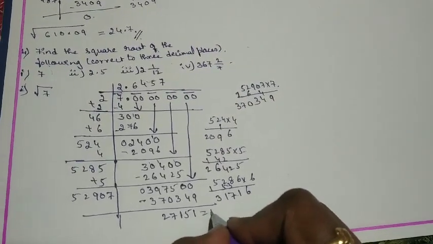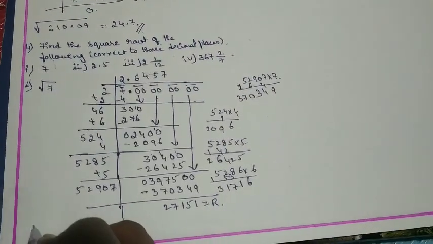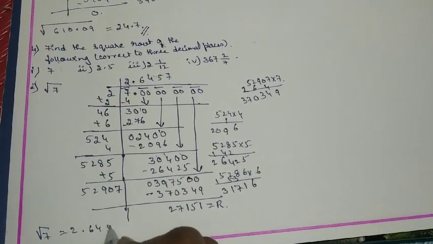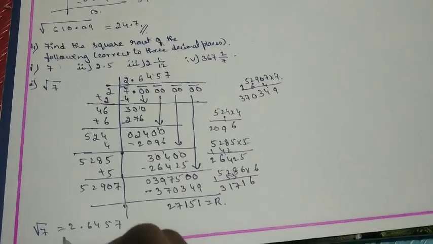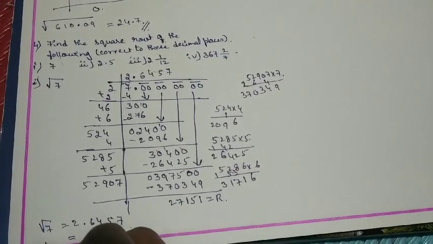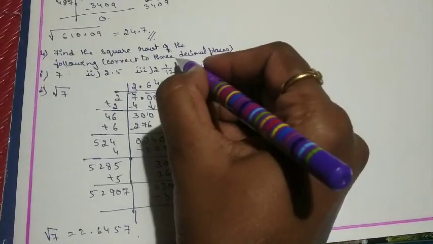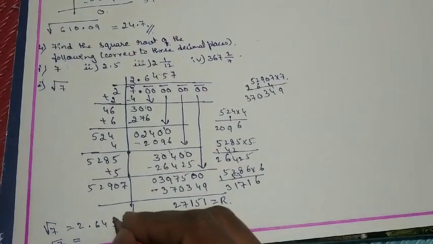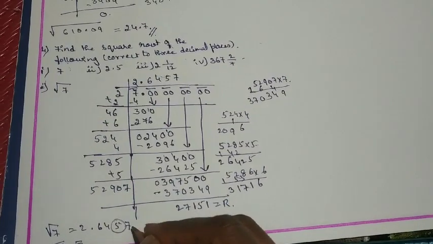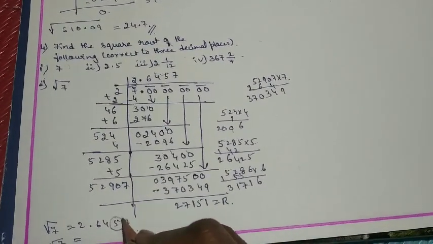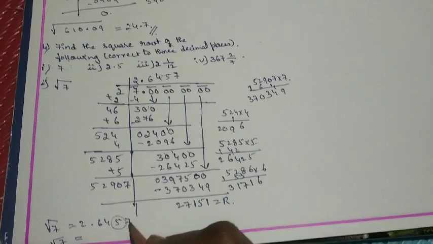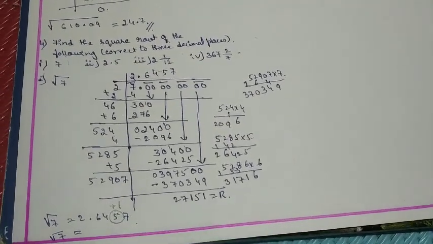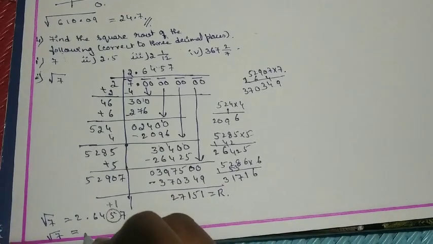Which is nothing but the remainder. And the square root of 7 is nothing but 2.6457. Clear? But here we are rounding off the number to the nearest third decimal place, as asked in the question. Rounding off to the third decimal place means we need to see the digit in the fourth decimal place, which is 5 or greater. So we are going to add plus 1 to the third decimal place. Then the resulting answer is